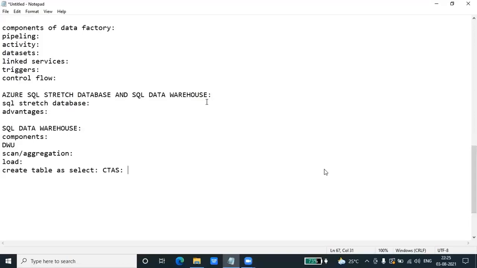Then what are the types of cloud computing? Cloud computing can be a private cloud, public cloud, or a hybrid cloud. The public cloud consists of cloud resources that are owned and operated by a third-party cloud service provider. So the name is public cloud. It delivers computing resources such as servers, software, and storage over the internet.